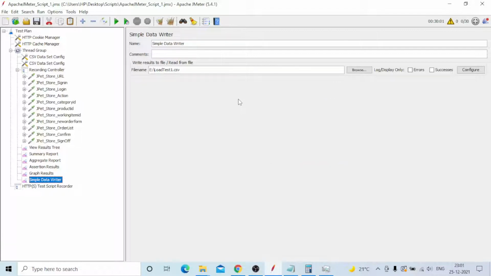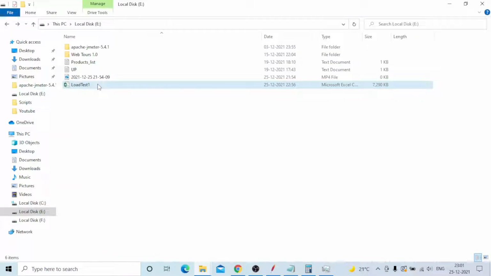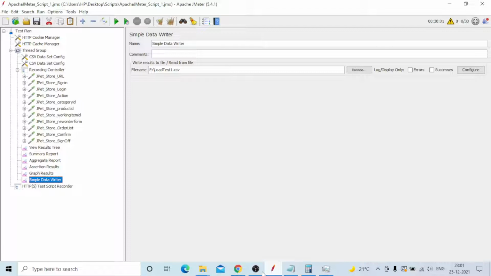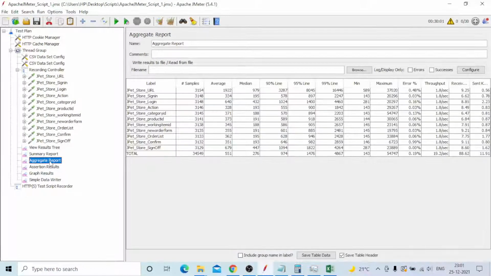For the simple data writer, you can go to that report. This is also the way to get the results through a CSV file. You just need to give the location. For example, in JMeter, you can go to simple data writer, and not only simple data writer, but also graph results, aggregate report, summary report, and view results tree.